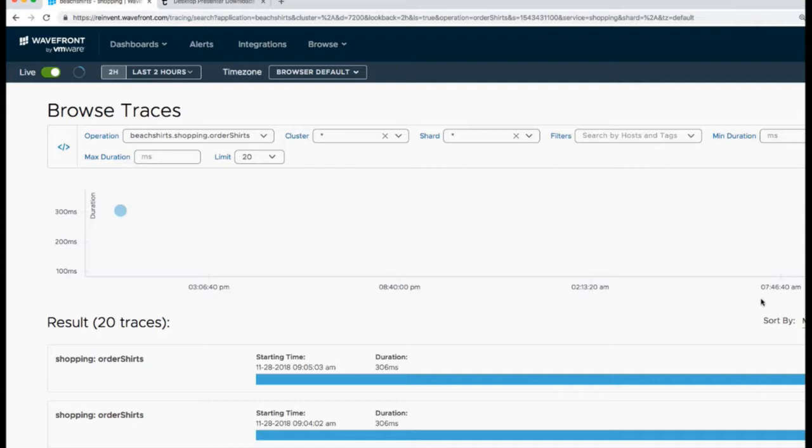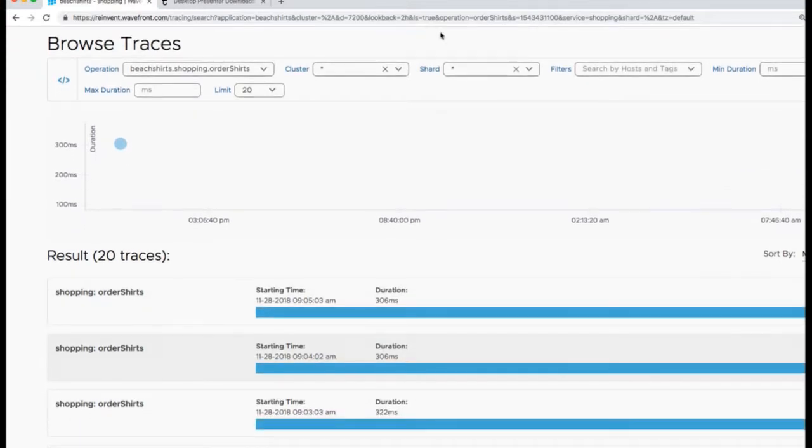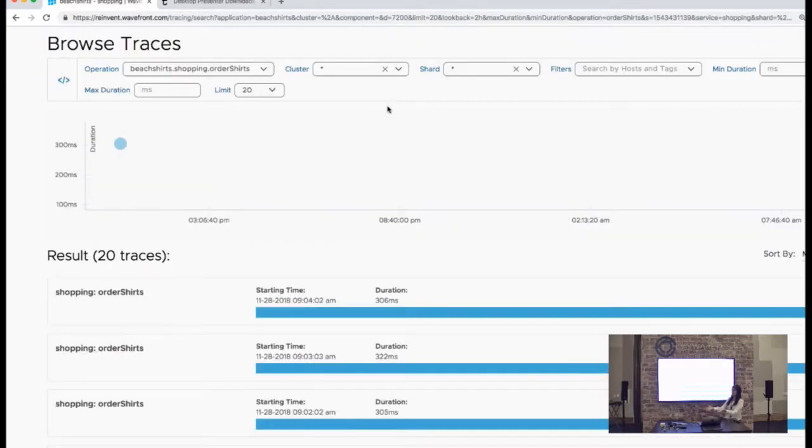So we looked at the metric, which was the response time of 1.72 milliseconds, and now I want to see what was the request call flow, what is the trace that happened with that 1.72. This is a summary of all the traces that happened, all the traces for order shirts example. So I can filter a particular trace. There are so many requests that came in, not everything was bad. And I am looking for a request that was around 1.72 milliseconds,